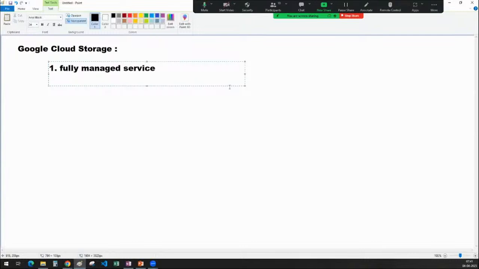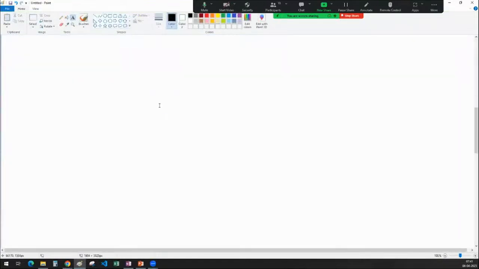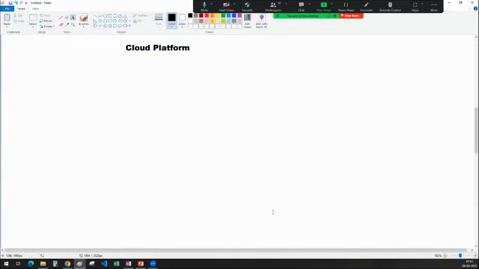What do you mean by that, sir? What is meant by fully managed service? Sir, I want you to understand what is meant by fully managed. For the very first thing, I will try to tell you. Sir, if you go to any cloud platform, the services in the cloud platform are categorized into two things. One is